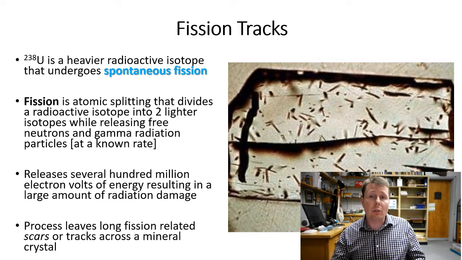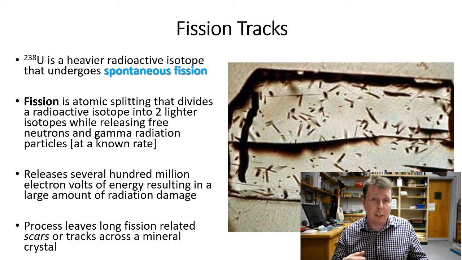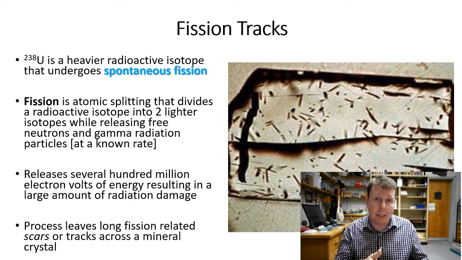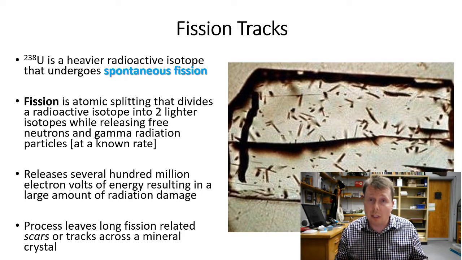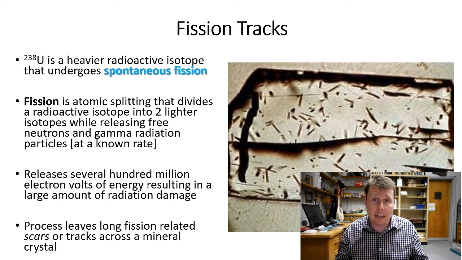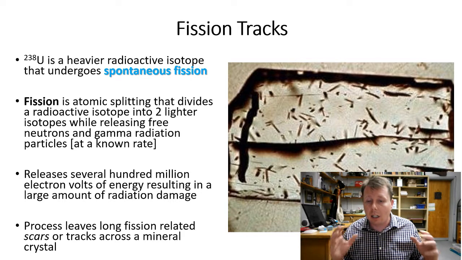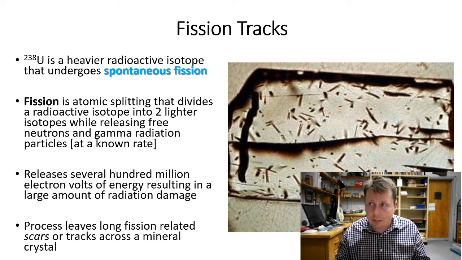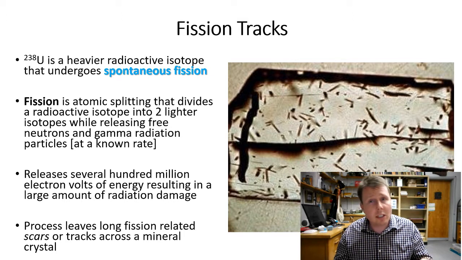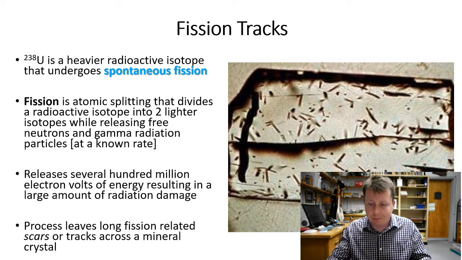What they are is the result of all this excess energy from the fission process causing damage to the crystal structure. And the longer the fission has been going on, the longer the crystal has been around undergoing different half-lives, the more of these scars that will pop up. And you'll see that in the next diagram that I have for you here. But basically, millions of electron volts worth of energy cause all this scarring. And essentially, the more scars that we have on the surface of a mineral like this, the older it could tend to be, depending on a few different factors.